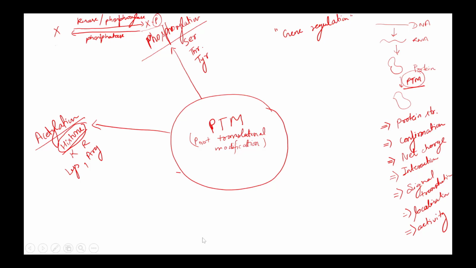So in the acetylation, the ninth residue of the H3 subunit of histone gets acetylated, and that makes that H3K9 is